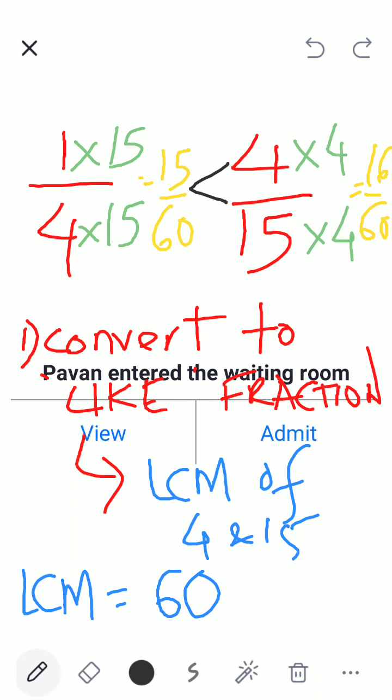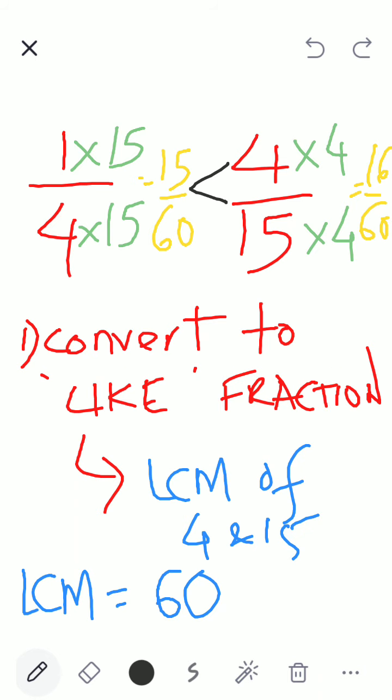That is how you have to find the LCM, children. Once you know how to find the LCM and make the denominator 60, then you will get it automatically. For that, you have to practice. Without practicing, how? So the worksheet has to be done, right? Okay, let us now shift our focus and go to word problems.